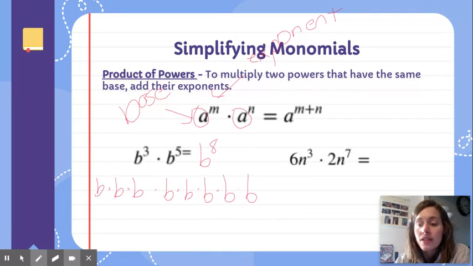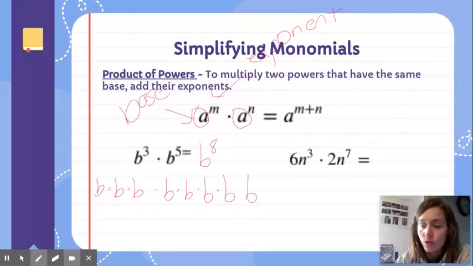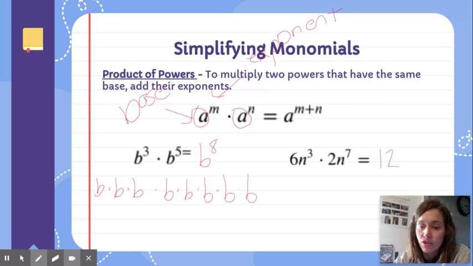Okay. Now the next example, you'll see I've thrown in some coefficients. Don't add the coefficients, right? Coefficients we know are the big number, the number in front of the variable. So here I have the coefficient 6 and the coefficient 2, the numbers in front of the variables. They don't have exponents. It doesn't really change anything about what you already know. Think of this as if the variables were not there. We know that 6 times 2 is 12. Okay, we're just multiplying the coefficients, right? If we ignore the variables right now, the expression just says 6 times 2, and we know 6 times 2